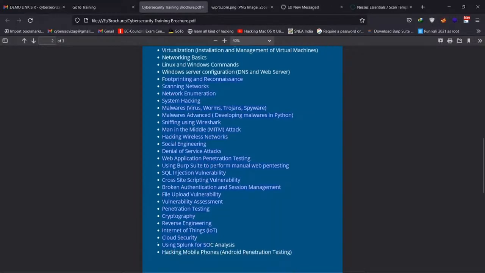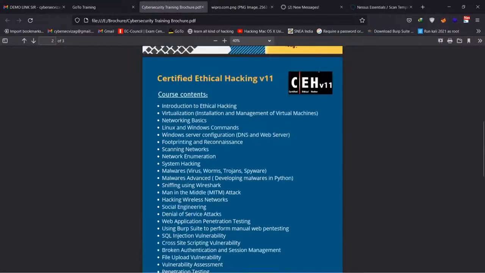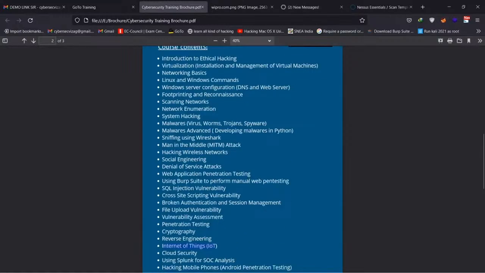Okay, so there's a few extra concepts mentioned as well, as you can see over here: cryptography, reverse engineering, IoT, cloud security. These are not mentioned in the presentation for us, but these are all the topics that we'll be covering. Okay, the whole course duration is around 1 month, guys, 30 to 35 days,